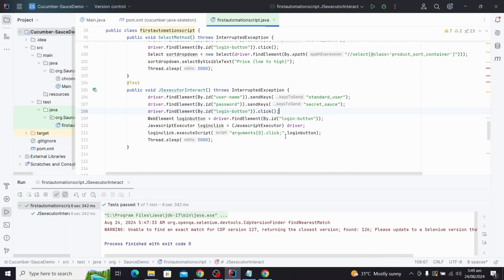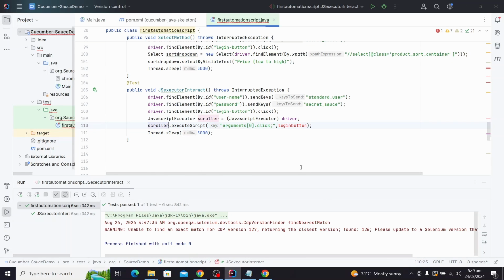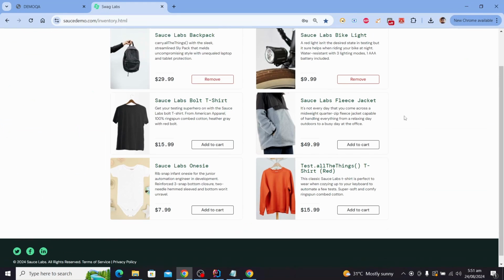And JavaScript executor class is already in place. Let's name this guy. I don't need this anymore, so I'll just get rid of it. Let's just call it scroller, and scroller dot execute script, and let's see if it gives me some suggestions if I want to scroll down the page. Argument scroll. So let's try to do a scroll into view first, and that means that if